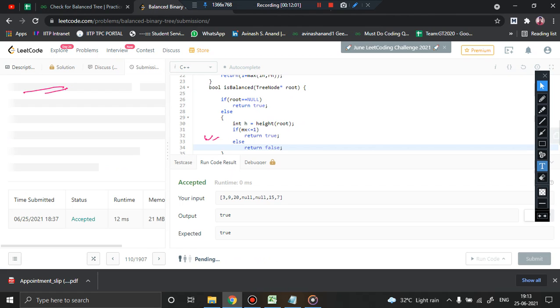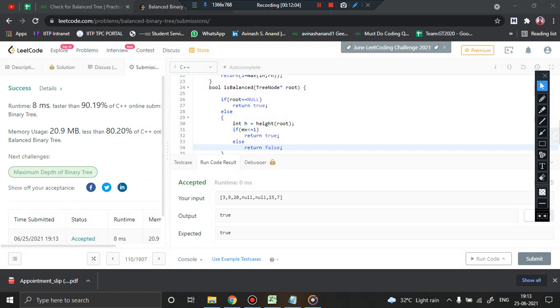Alright, the test case has passed, and you can definitely see that the program has also successfully executed, right? You can see that the runtime is 8 milliseconds and it is faster than 90.919% of submissions. Anyway, it was a very good approach to solve this particular problem, using recursion while finding the height of